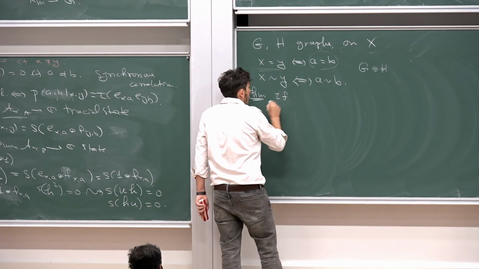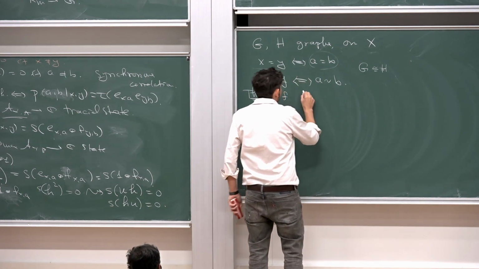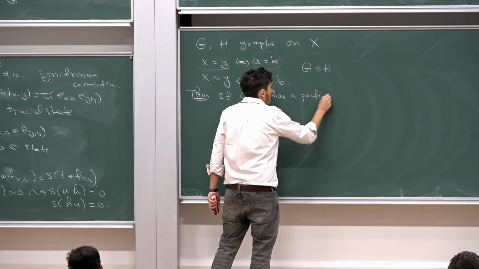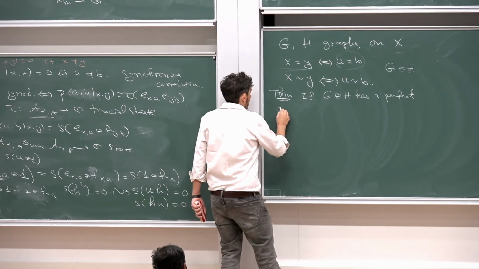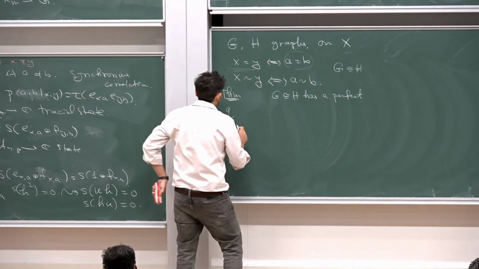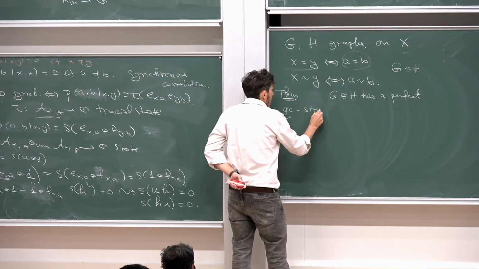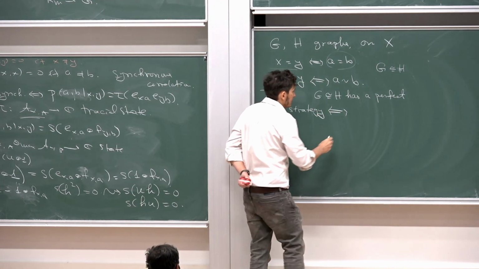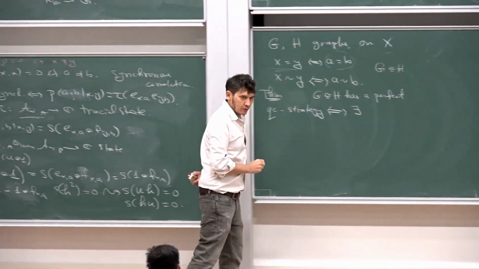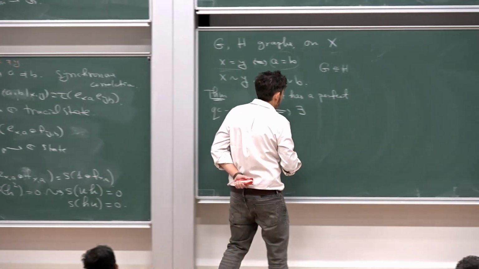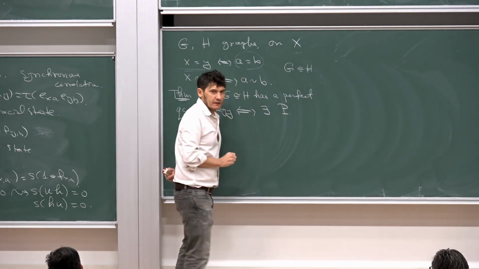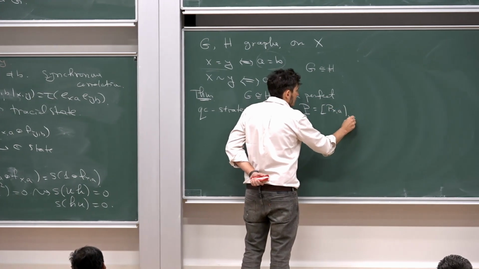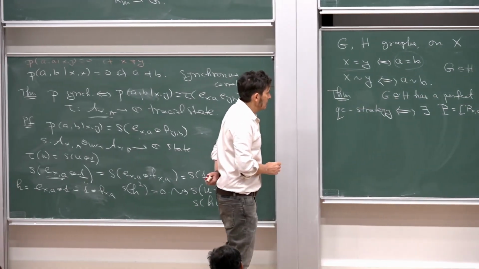If this game has a perfect quantum commuting strategy, it's an if and only if thing, if and only if you can find some representation of the quantum permutation group on some Hilbert space. So this will be encoded by some capital P. These will be concrete operators, a concrete representation, such that